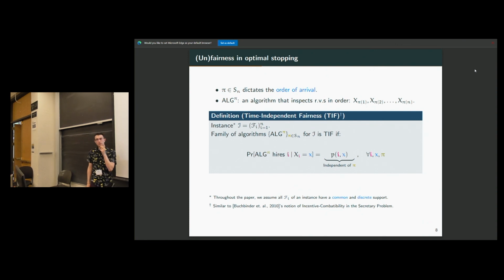So these strong adversarial order models, I think this is stronger in a sense, right? Because this says it works for any family of algorithms that do whatever they want for each permutation. So those algorithms for each permutation could be completely different, and still it could be TIF. So I don't know, you probably can't solve your LP if you don't know the order up front. Yeah, that's a good point. Yeah, so I will say that I'm not sure how to do that then.